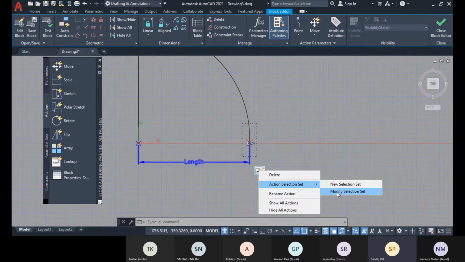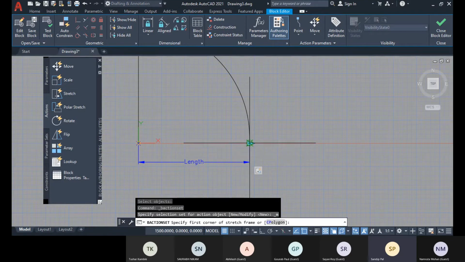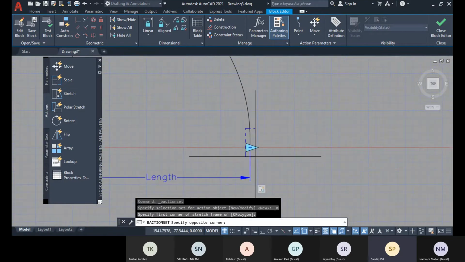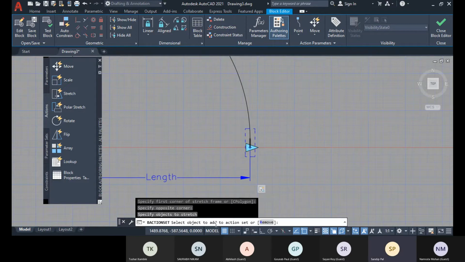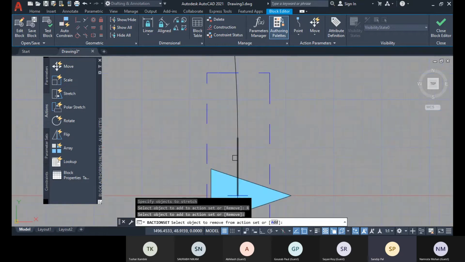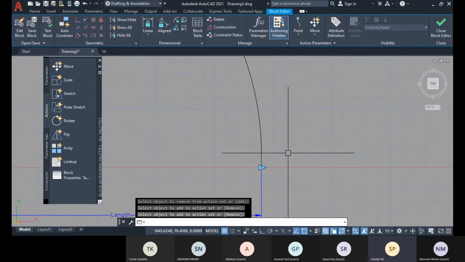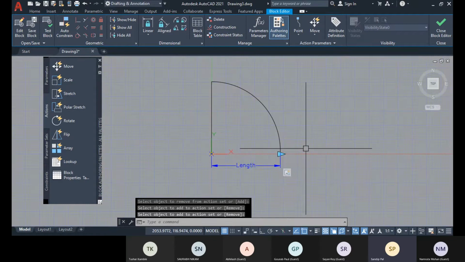So let's see modify selection set. Now I can again specify the corner area, and if there is anything to remove, I can remove. Okay, see, this is highlighted, and if I select, this is remove. And if I want to add it again, I will click on this add option, and then I will select it, and I will add it again. So this way you can modify your selection set after specifying your action.